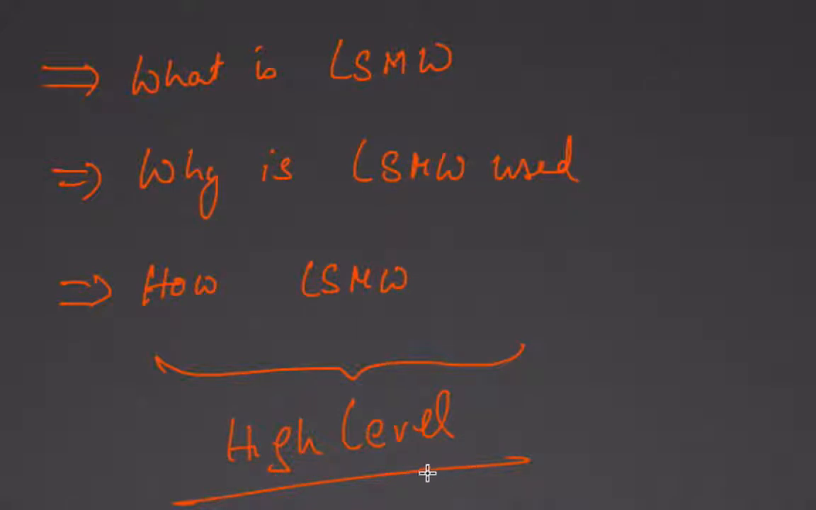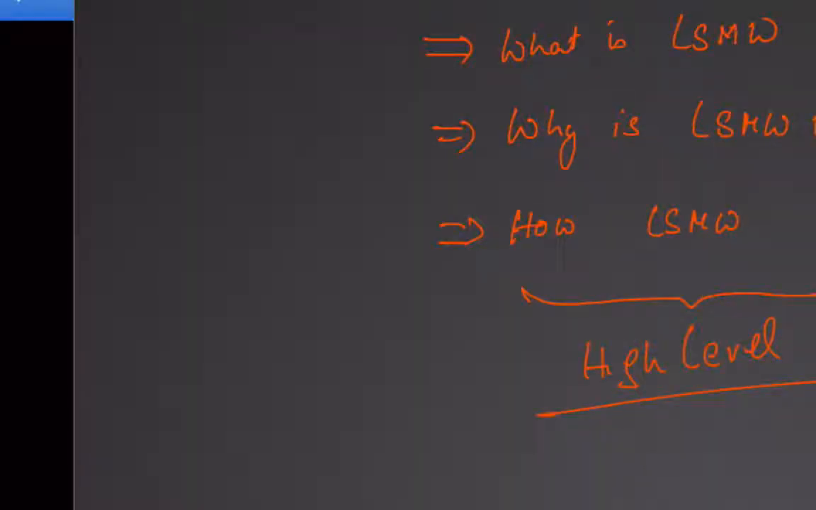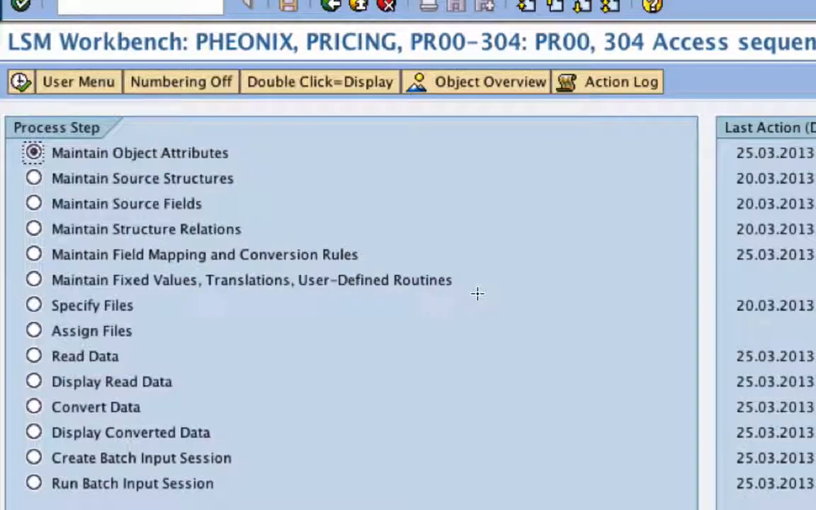Let me quickly show you a screenshot that I've taken from SAP of one of the LSMW pricing that I've done in one of my projects. As you can see, there are so many steps here, right? So let's say count 1, 2, 3, 4, 5, 6, 7, 8, 9, 10. So around 14 or 15 steps,